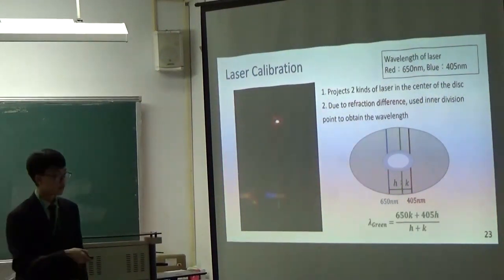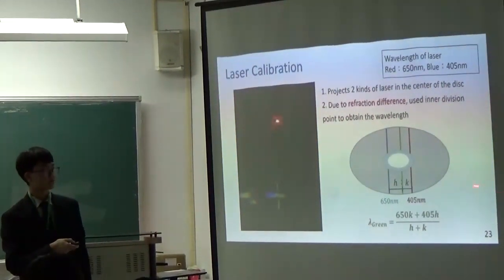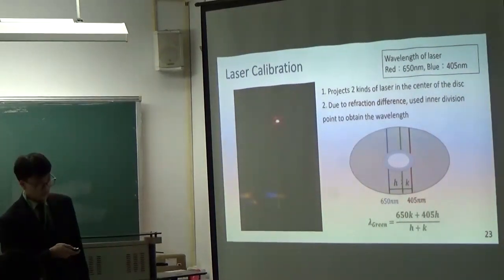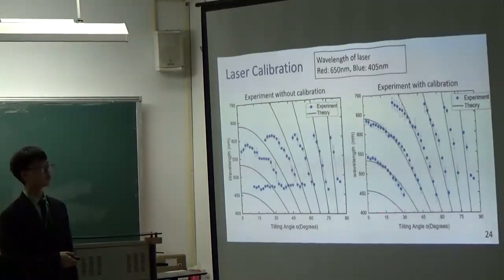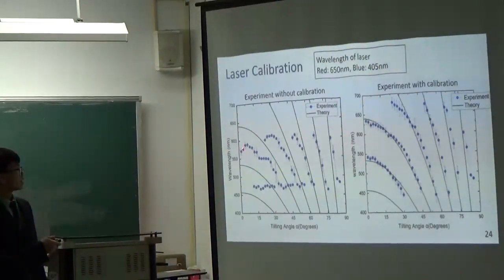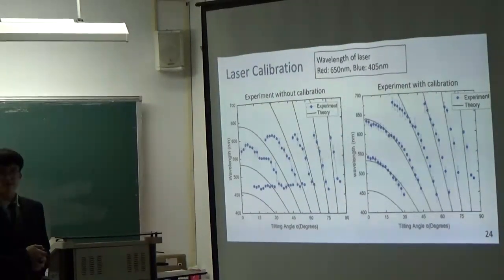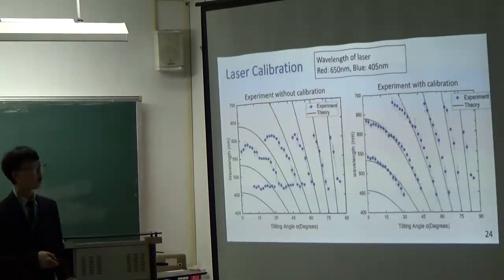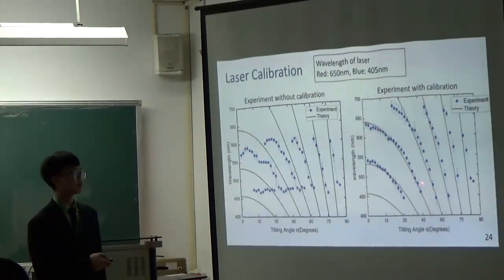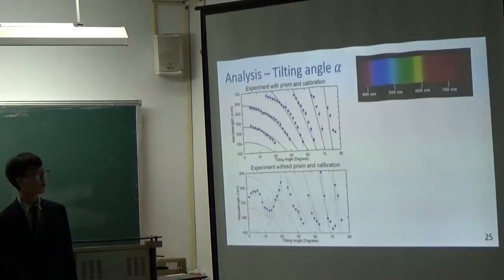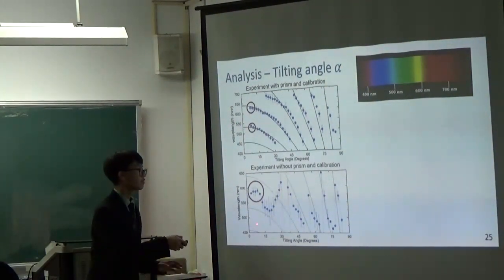And we can use this equation to get the actual wavelengths of the light by mathematical calculation. After the calibration from laser, we can see that originally the wavelength of light will be affected by the camera. However, when we use mathematical calculation, we can find out that the wavelength started to fit our theory. This is the small conclusion.